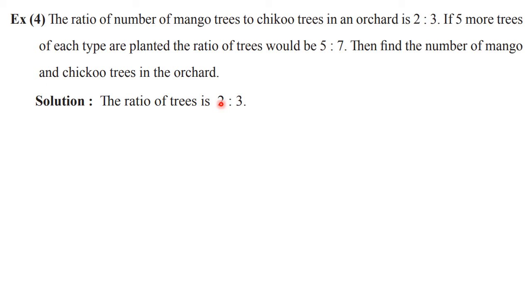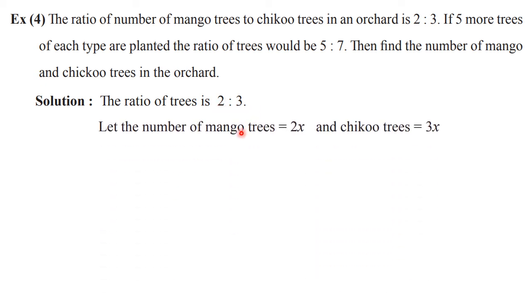So this is a ratio, as we have seen in the property, that here the ratio is always in lowest form, but there is always one common multiple present. And that common multiple we can take as x, you can take as k also, your choice. You can take m also. But generally in mathematics we take x, y, which are common letters. So here it is taken as x. So the number of mango trees will be what? 2x. And the number of chiku trees is 3x.